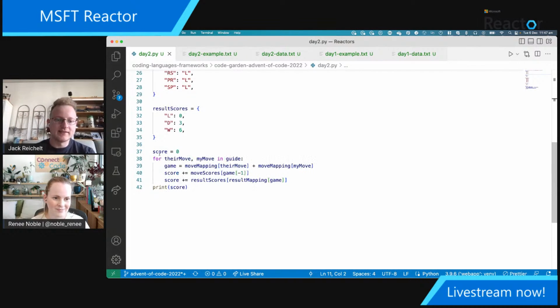And then down here, line 37 to 42, this is actually solving the problem. This was the easy bit in a way. So I just iterate through getting out their move and my move. And then I join those two strings together and make that the game string. And I put that into, and then I get out the move score from my move from it. And then I get out the game score, or the result score, from that whole game. I add both of those to this score variable. And then we have our numbers at the end. So